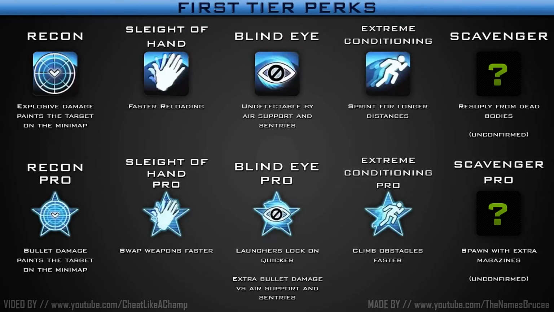And Blind Eye, here we go. Undetectable by air support and sentries. Blind Eye Pro, launchers lock on quicker and extra bullet damage versus air support and sentries. So this perk is going to be a really good perk if you're trying to hide, use assassin and dead silence with it. It's going to be a really good combo for a ghost class using a silencer,